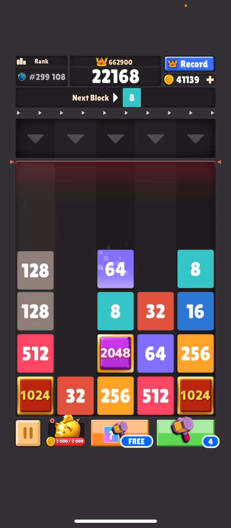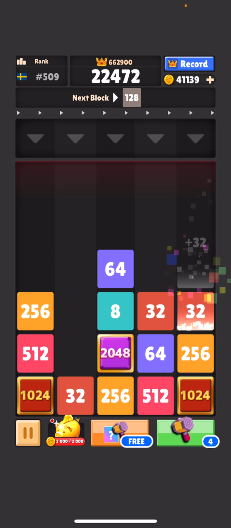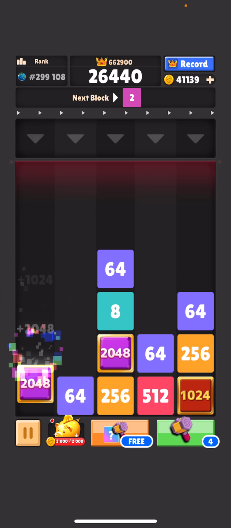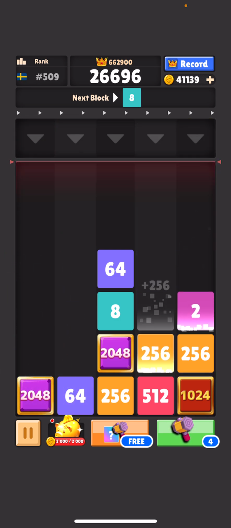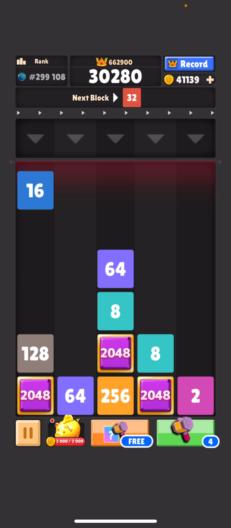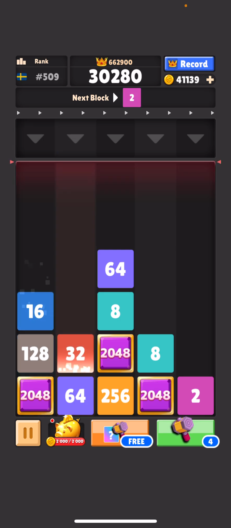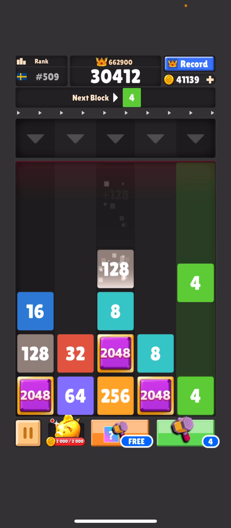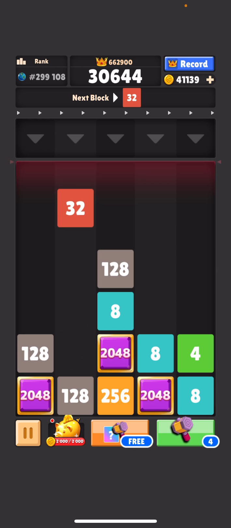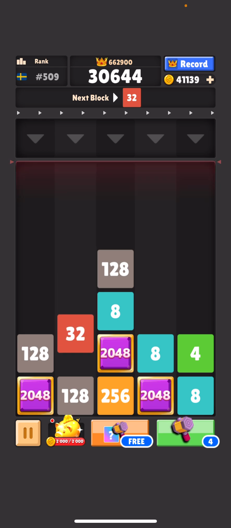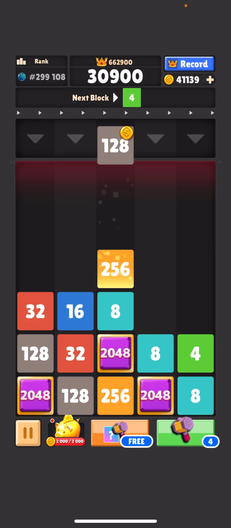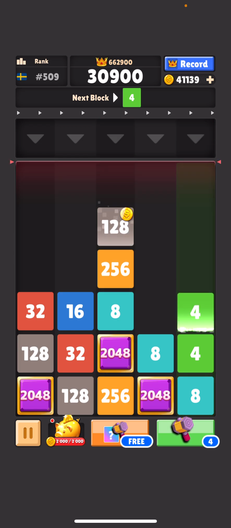You see how easy it is to mess up in this game, but we get more chances. Stay positive, stay positive. And here we do some more stuff. Zigzag, zigzag. So now we have zigzag with the 24, with the 128 to the left. So why not place the 32 like this? Then we have another. The next time we get the 16, we will get rid of all them